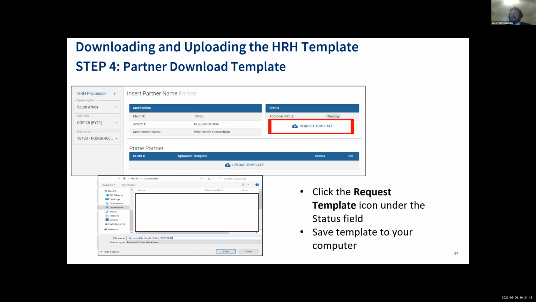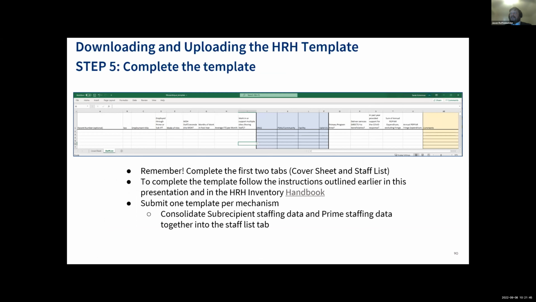Once it's completed, next slide. There it is. Talking about everything that we talked through earlier, completing the cover sheet and completing all of the columns in the staff list, 1 entry per row for each staff member. If we go to the next slide,